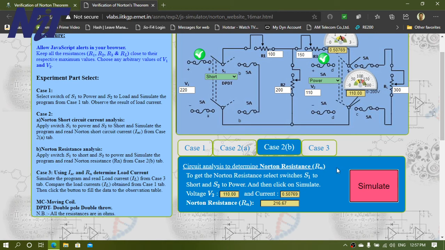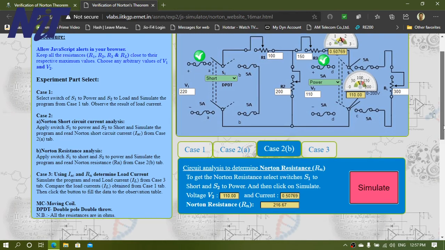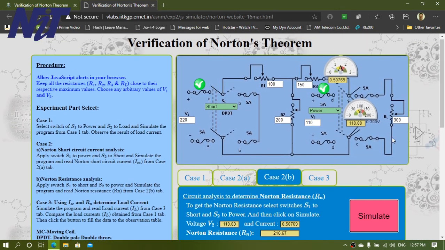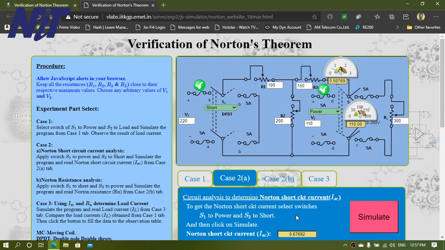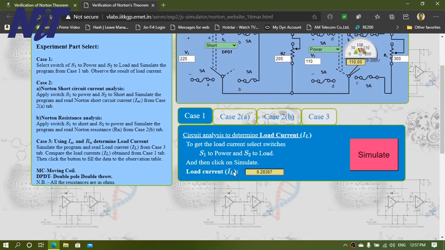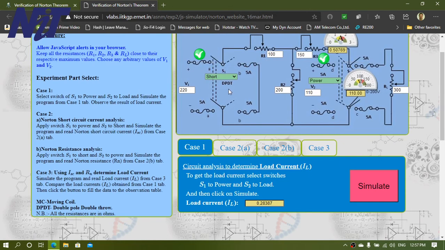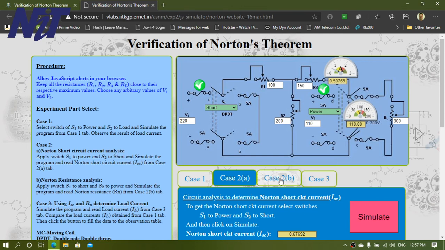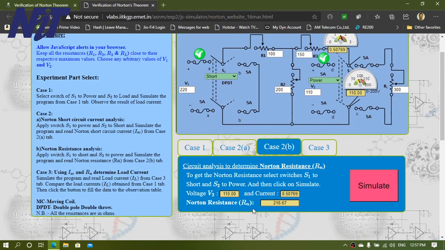So all three tabs are completed, and the circuit scenario has been simulated. Now finally we have to find our IL again with these values. This is our first IL when a conventional circuit is arranged, this is the short circuit current, and this is our Norton resistance.